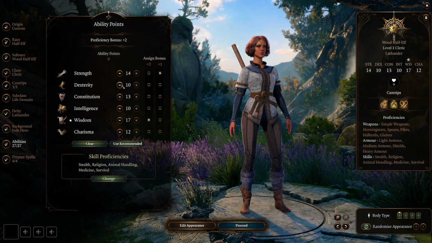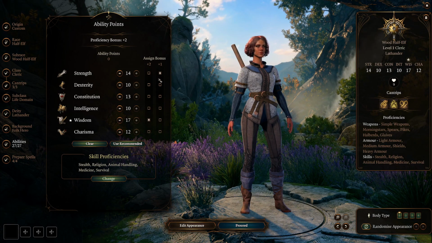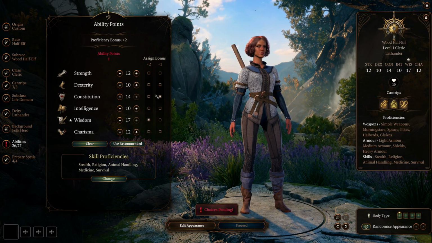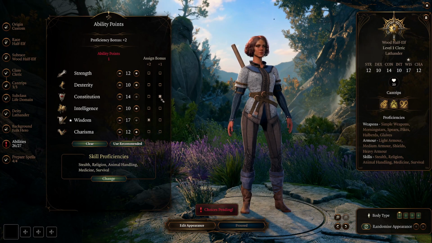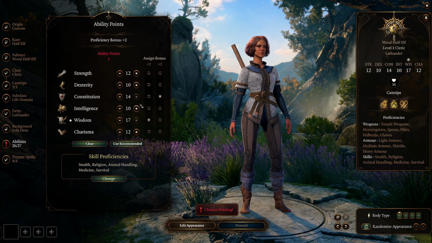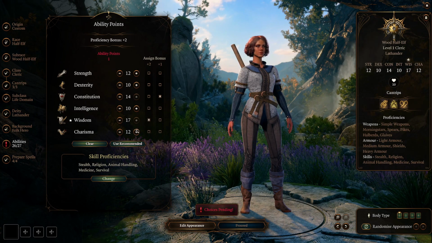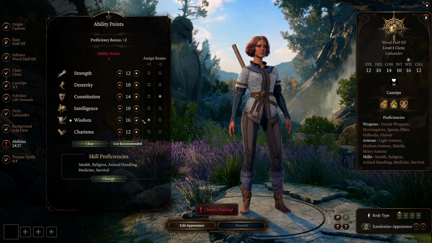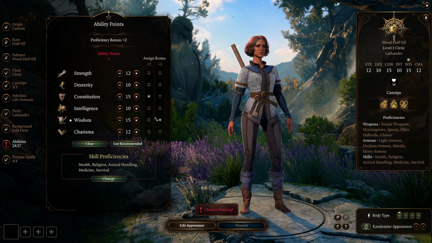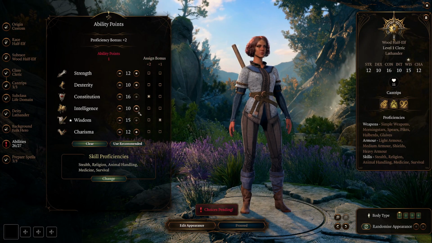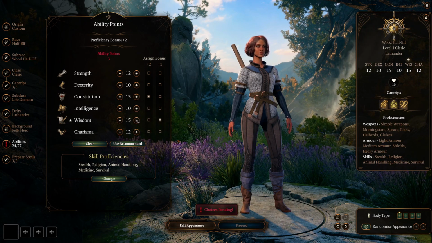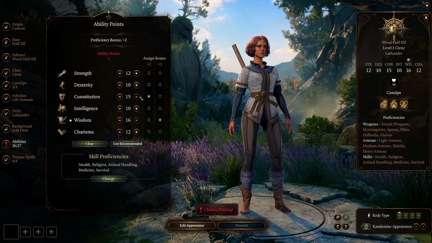I'm going to take 1 point out of that and put a point into Constitution, and then damn, that's gonna mess up my deal unless I take a point out of this to 16. If I take that out of 16, I might as well put this here and that there. Put a point up in there.